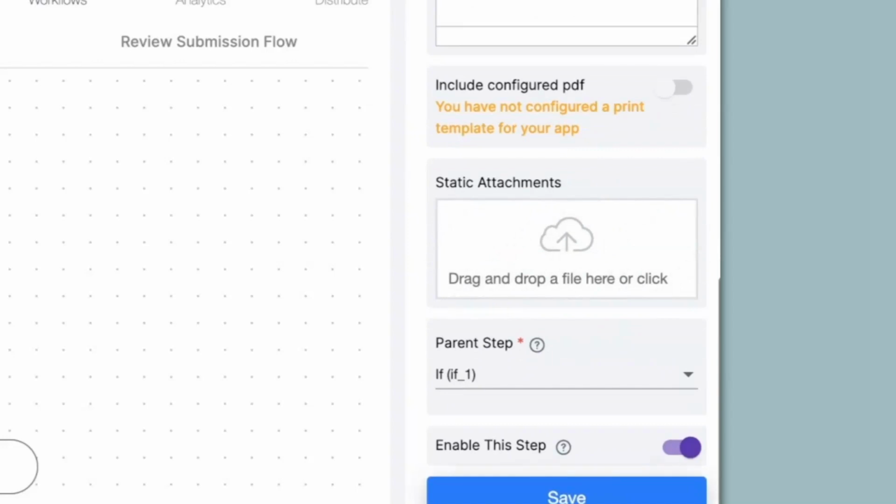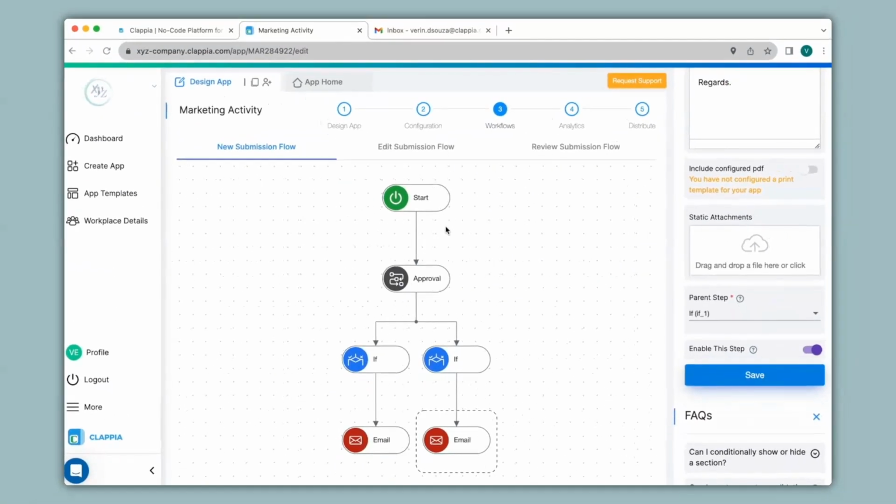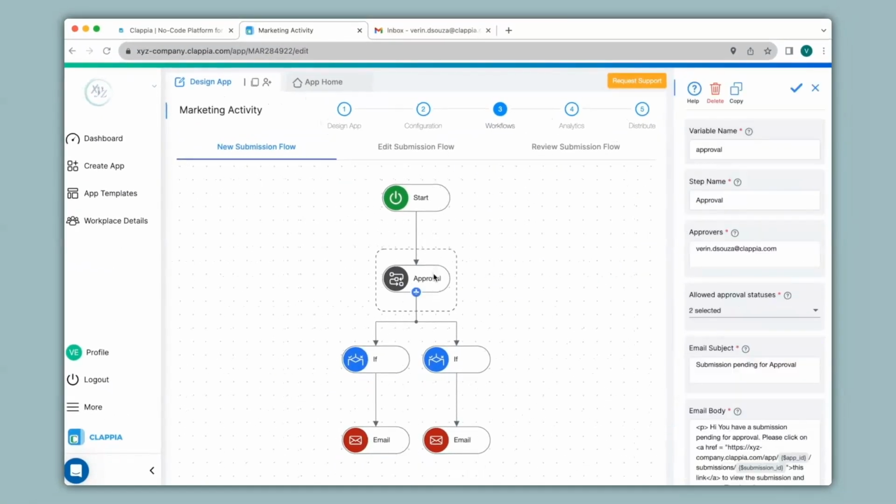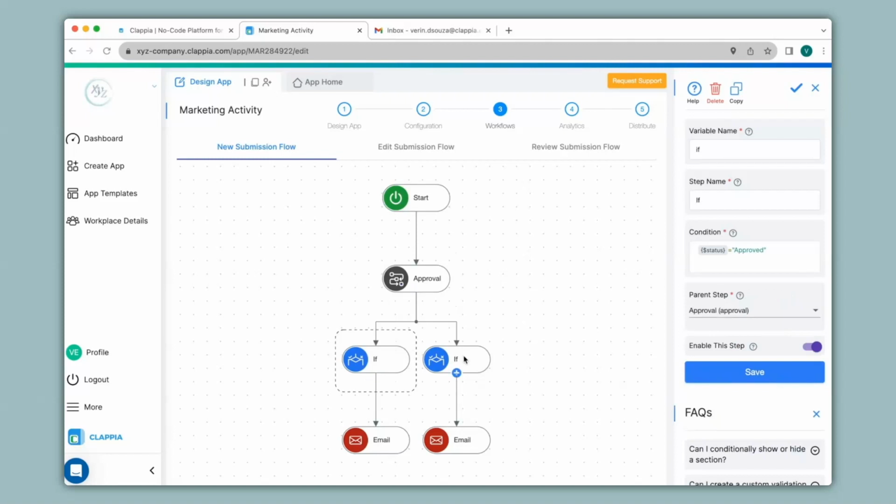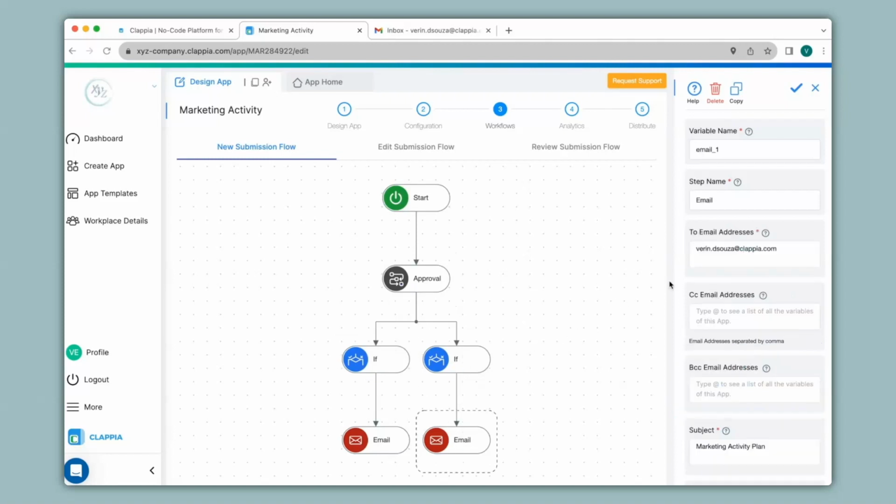And now save this. Now here the process is, if the submission has been made, it will first send out an approval notification to the approver's email address. Then based on the status of the submission, whether it is approved or rejected, it will send out the corresponding email. I have only given my email address for the sake of example. So let's see how this